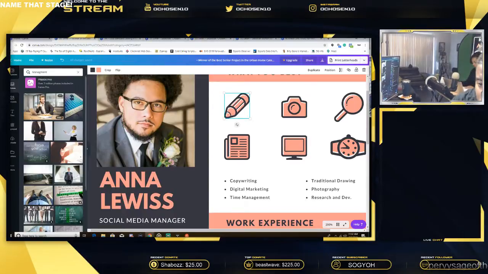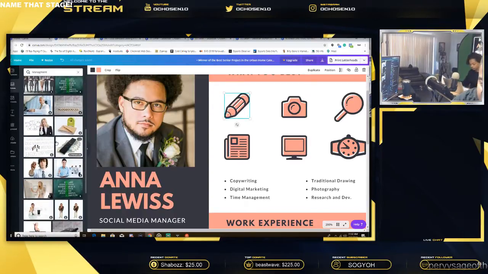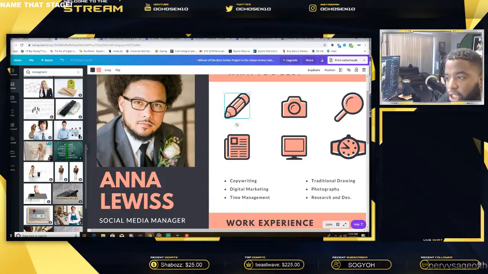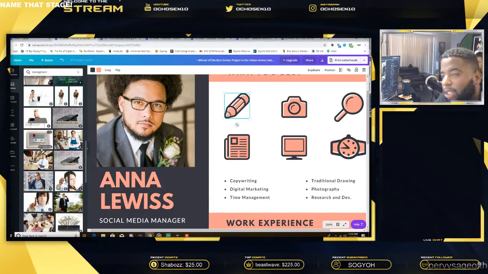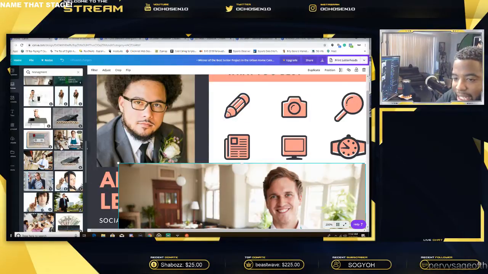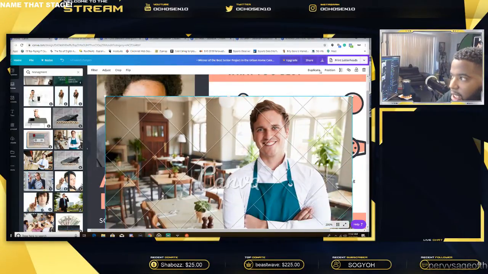Okay. So we need a clip art of what they think a manager is. What reminds you of a manager? What makes you think about a manager? What's the first thing that comes to your head when you see a manager? When you close your eyes and you go into the 4th dimension, what do you see about a manager? Because a lot of these things are real pictures, and we're not going to use this.